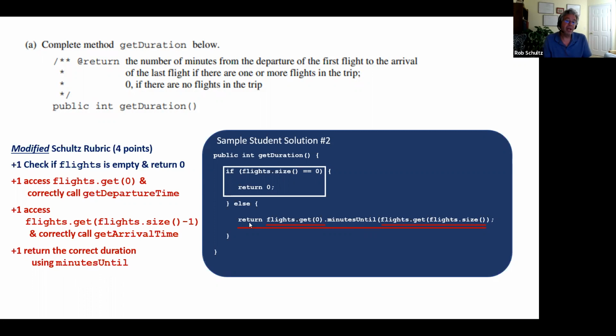So in trying to save space maybe, or save time, or consolidate code, the student tried to put everything in one line, but because they forgot multiple things and made several mistakes in that one line, they ended up costing themselves 3 points. So this, again, based on my interpretation of the modified Schultz rubric, would earn 1 out of 4 points. Now, like I said, it is possible to pack all of this into one line,